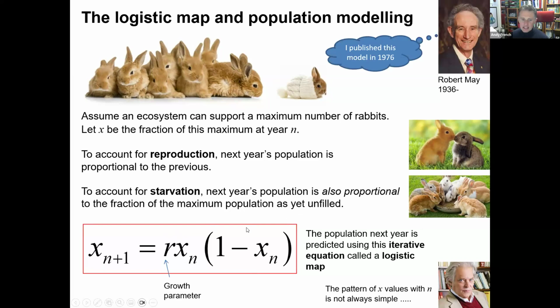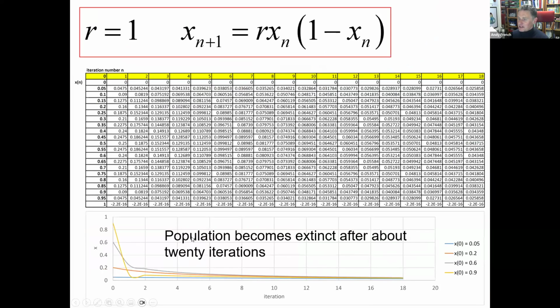So I'm going to use a spreadsheet initially for this. I'm going to define x from 0 to 1 and see what happens. So here we go, here's the spreadsheet. The numbers are a little bit small to see, but you'll see how it's color coded. This is r equals 1. In the spreadsheet I've got 20 different possible values of x. So I'm looking at 20 different bunny populations, 20 Watership Downs. Sorry, that's a sad one. That ends very badly. That's that story. Please don't cry. So there we go.